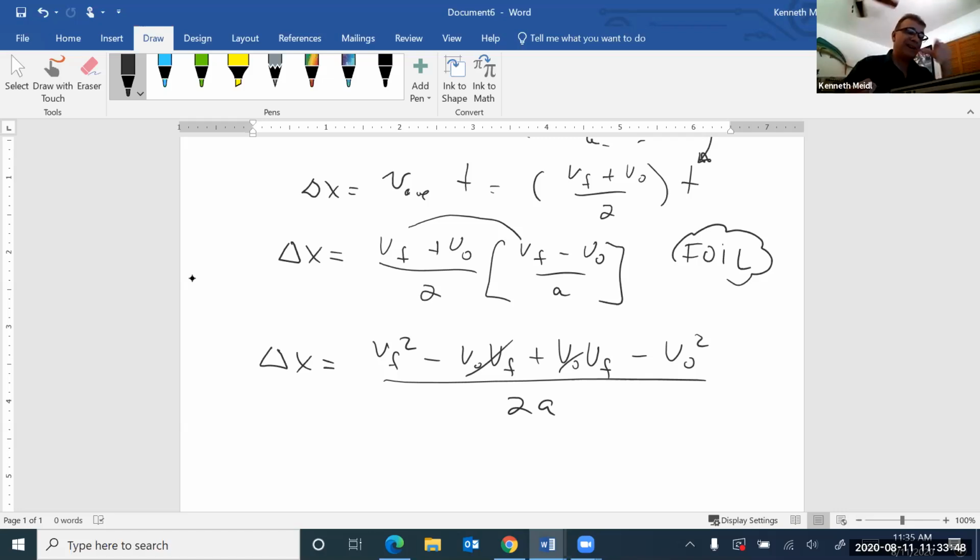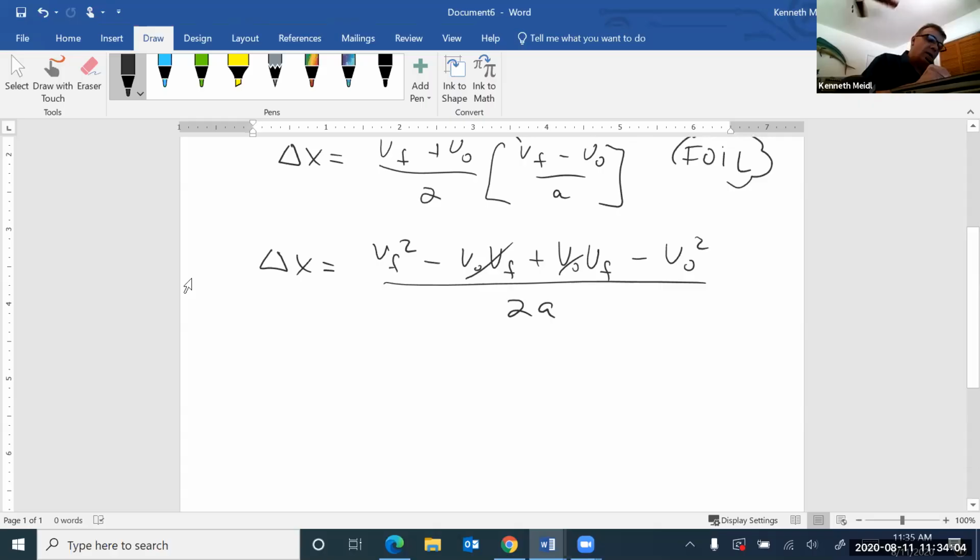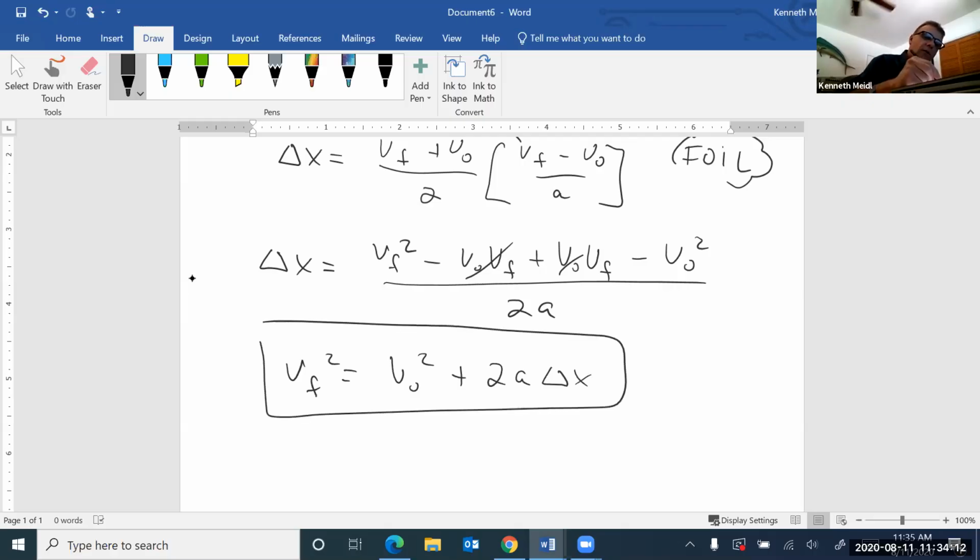So I've got a position now connected to velocities, but I don't really have all that information in my other kinematics. So if I do a couple steps of algebra here, I am going to end up with this. And I'll probably refer to this as my third kinematic. So the 3 kinematics, you want to have those right in front of you